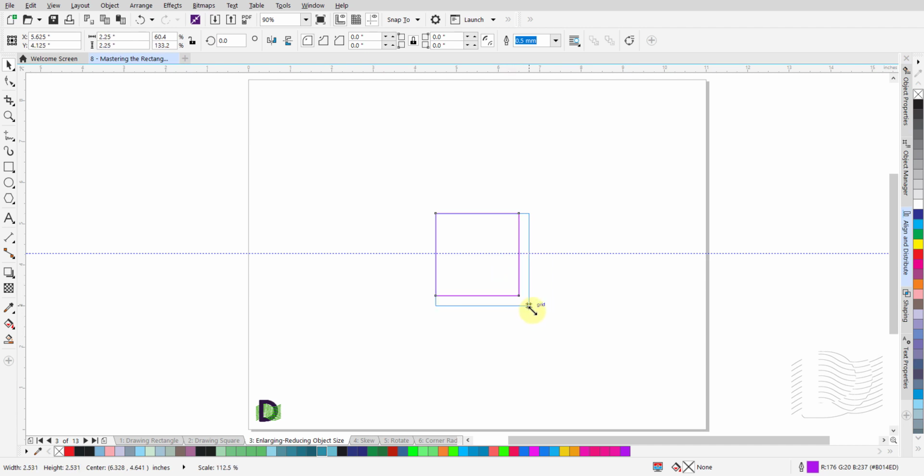You will see the object enlarge or reduce in size depending on the direction of the mouse movement. Note that the black square on the corner that is diagonally opposite to the selected black square becomes the anchor point. And the enlargement or reduction in size is proportionate.